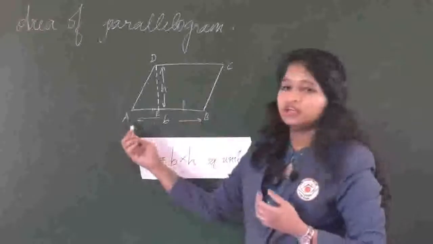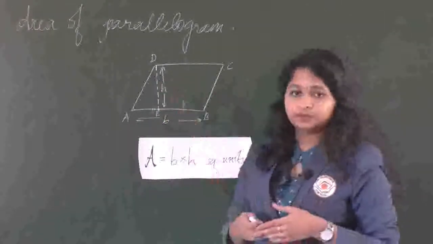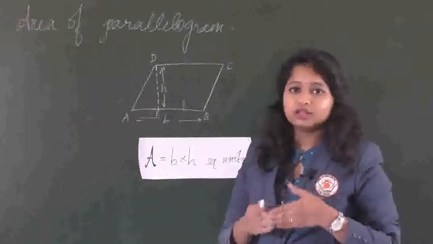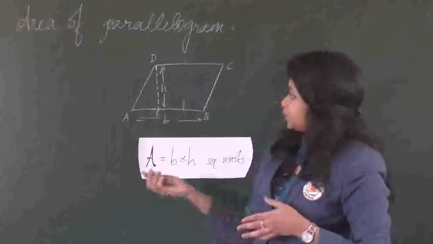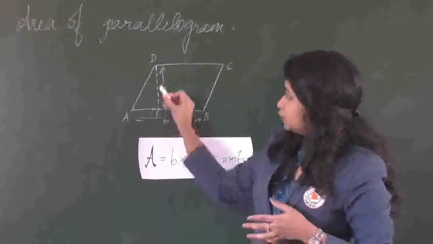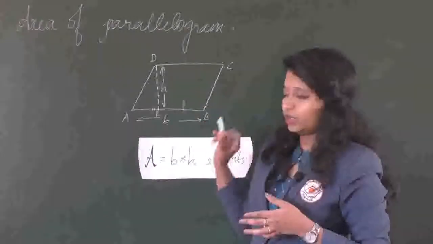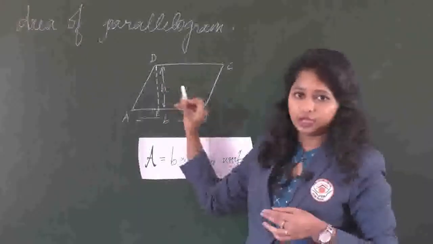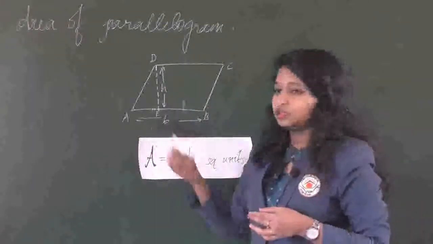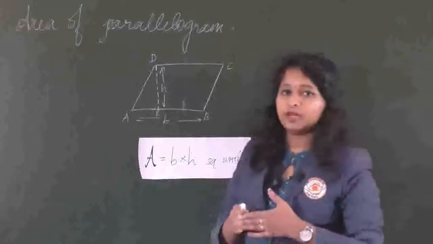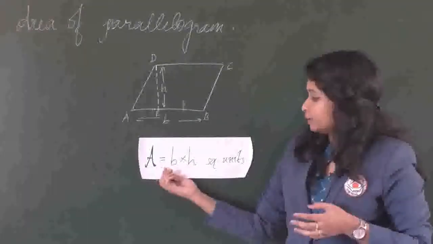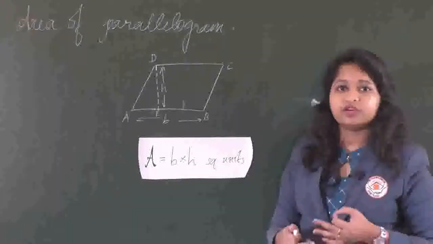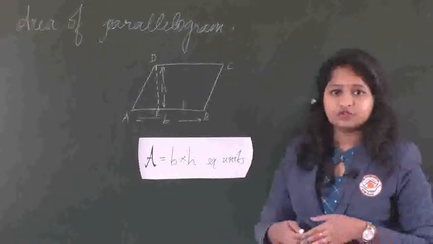Next let's learn the area of parallelogram. So here I have drawn a parallelogram ABCD. So a parallelogram is a figure in which opposite sides are equal and parallel. Okay. So I have dropped a perpendicular DE to AB. So this forms the height of the parallelogram, and this is the breadth. So, the area of parallelogram is B into H, breadth into height, square units. So, in order to find the area of parallelogram, we can use this formula.